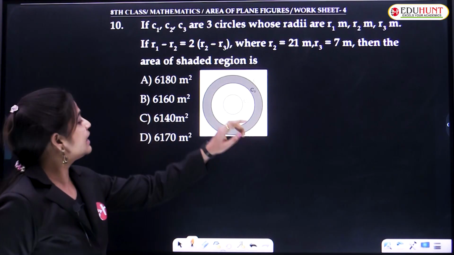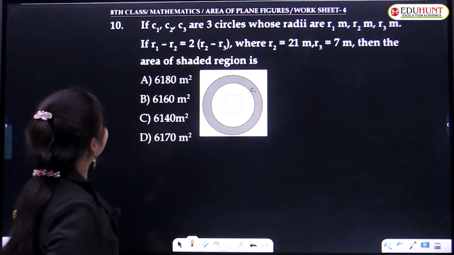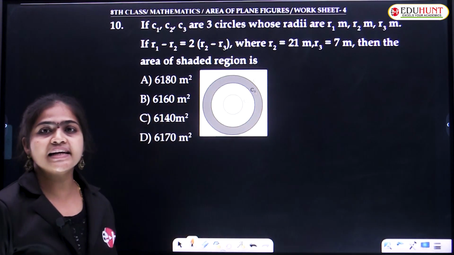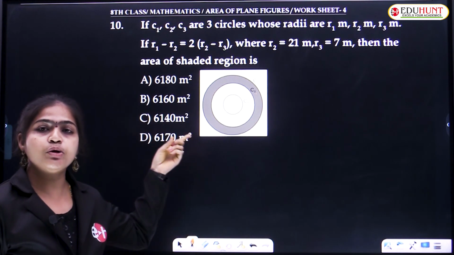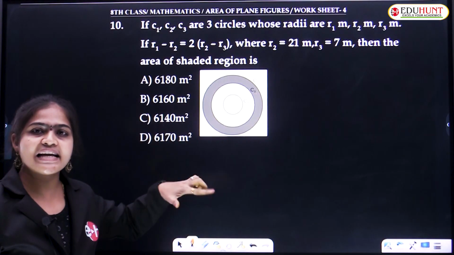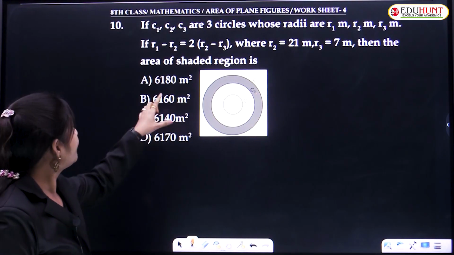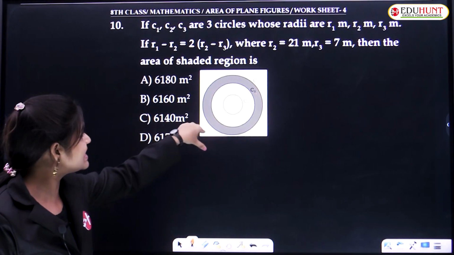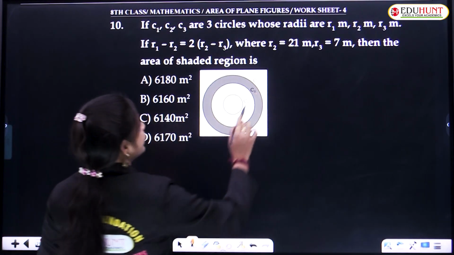Finally here we have the 10th question. What is that? C1, C2, C3 are 3 circles. How many circles are there? Concentric circles. Up to now we discussed only 2 circles, one circle inscribed inside another circle. Now here 3 concentric circles are there. How many circles are there here? 3 circles are there, whose radii are